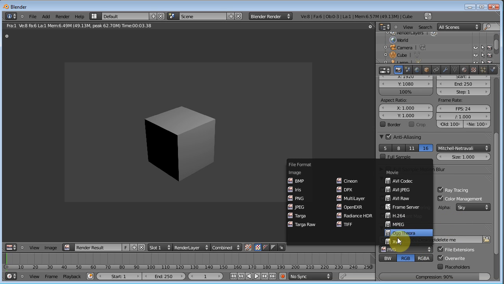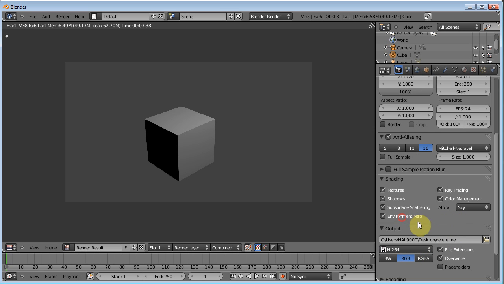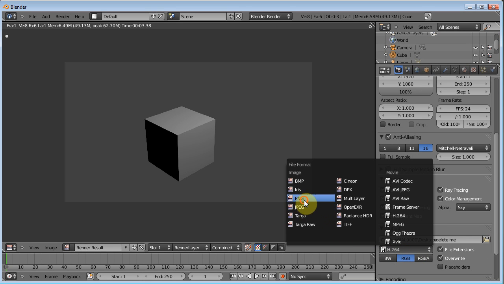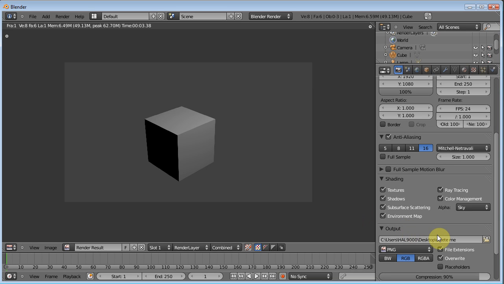But that's completely up to you. If you'd rather use one of these movie presets, the H.264 for example, that's fine too. I was just explaining that normally I'll render out PNG. So that is that. Here, you can render a black and white image, an RGB image, or RGBA,